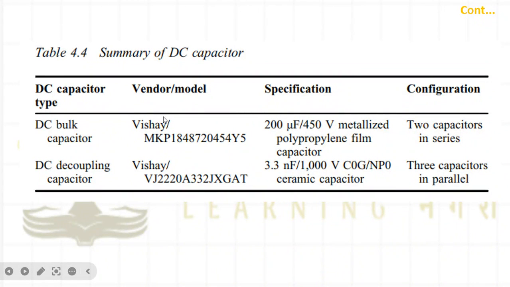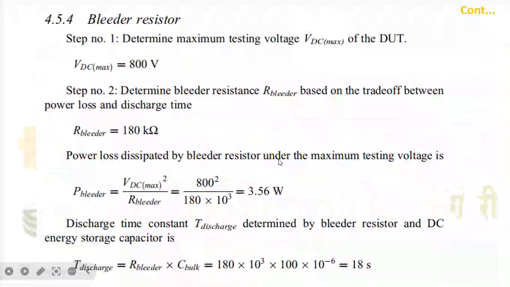And these are just the vendor and model name. So you can go and download this data sheet so that you can come to know in a bit more detail about this capacitance and all, right? Now the next thing is the bleeder resistance. I told you the two criteria while selecting the bleeder resistance. So determine the maximum testing voltage, VDC maximum, we know is 800 volt. Now choose some particular value of R bleeder. I have considered 180 kilo ohm, and based on this 180 kilo ohm and VDC max,